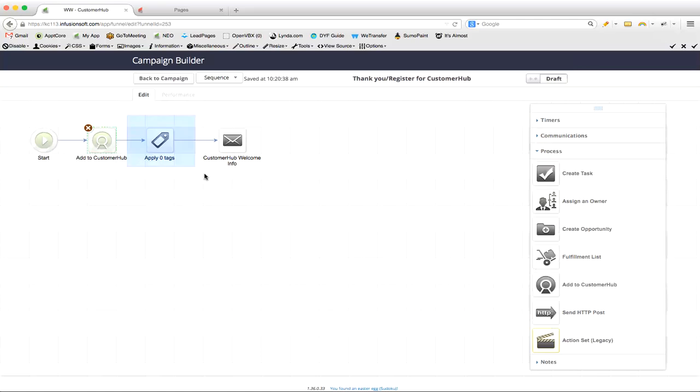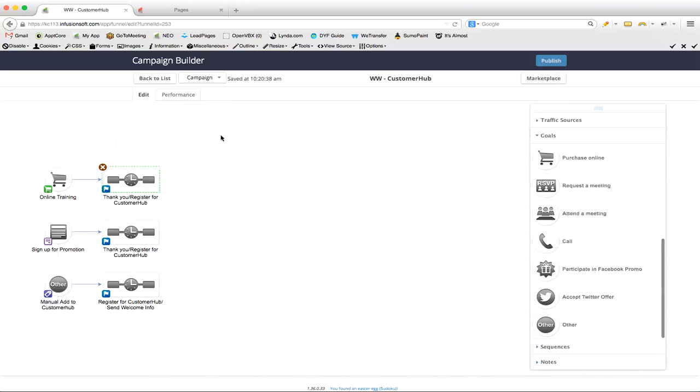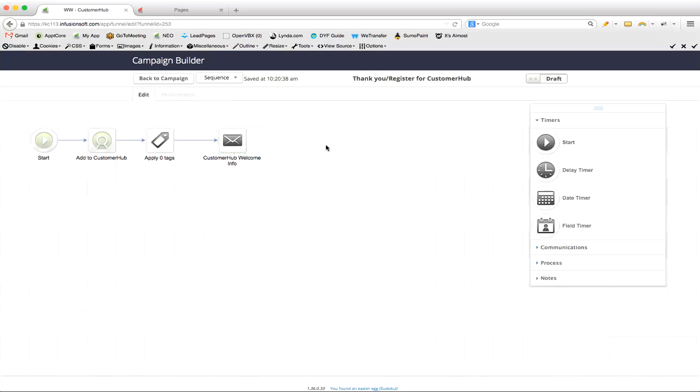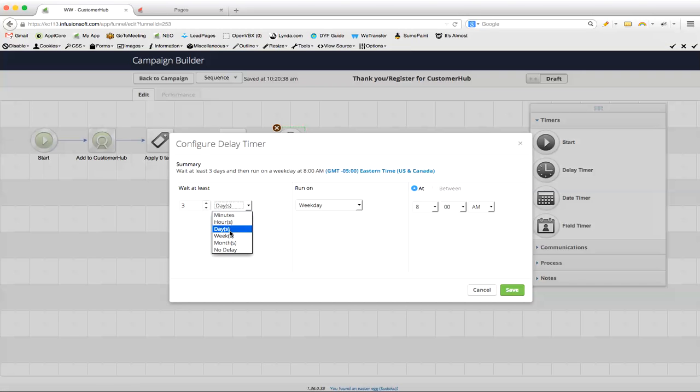You can apply, again, a tag that might release or give them general access to whatever it is you want the initial people to see. And then you might want to send them their welcome information about, here's where you log in, here's your email and password, and I'll show you how that's referenced. And then after that, you can keep it in here or in another sequence, but you might say, okay, this tag represents week 1. Then maybe I want to wait a week